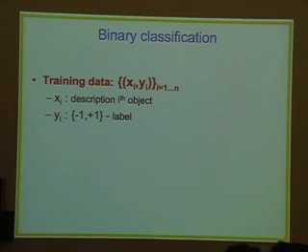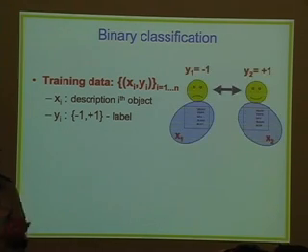So let's assume we have n training data points, where xi is a description of the ith object, and where yi tells us whether it is in class -1 or class +1. So it's a member of either of two classes. That's why it's binary classification. Important to realize again here is that xi is a description of the ith object. This description can be numerical, but it doesn't necessarily need to be numerical at this stage.